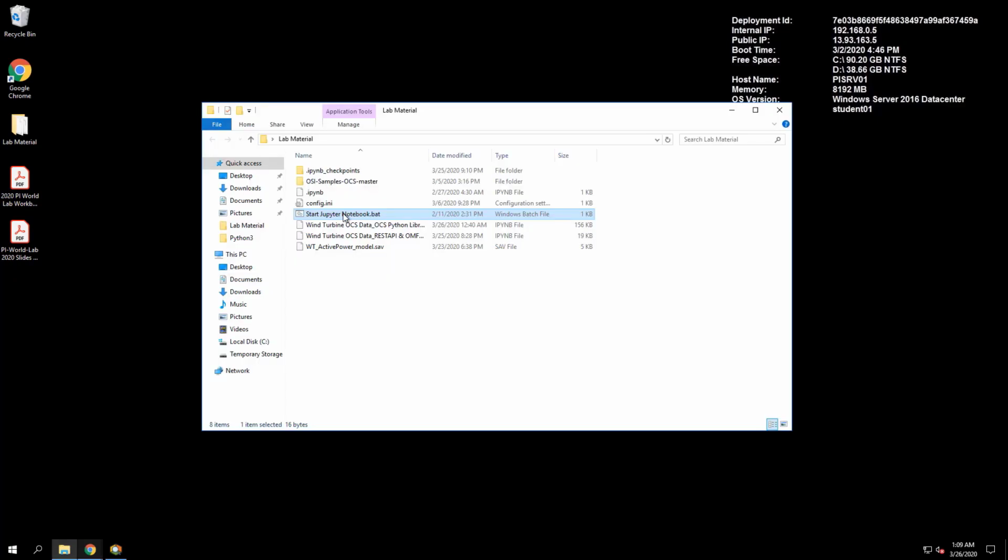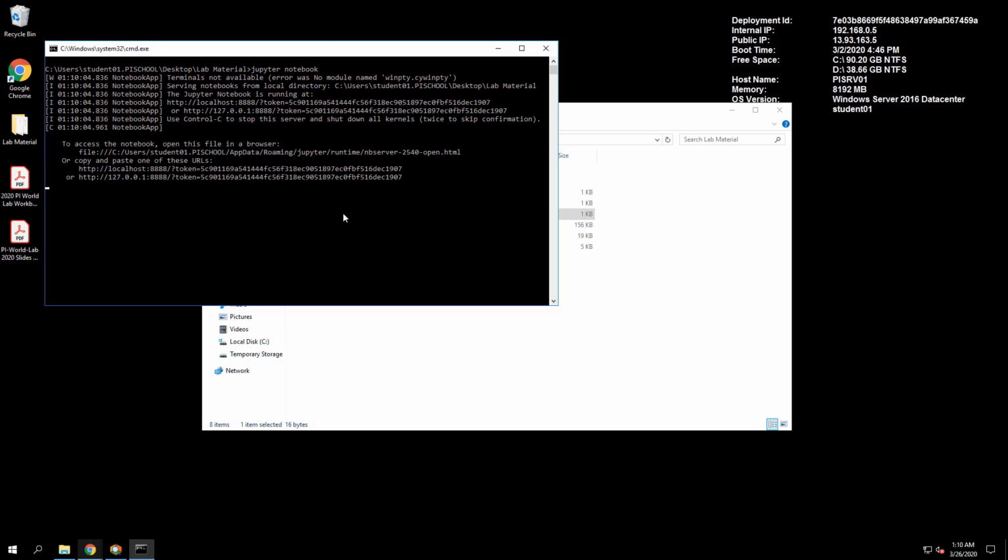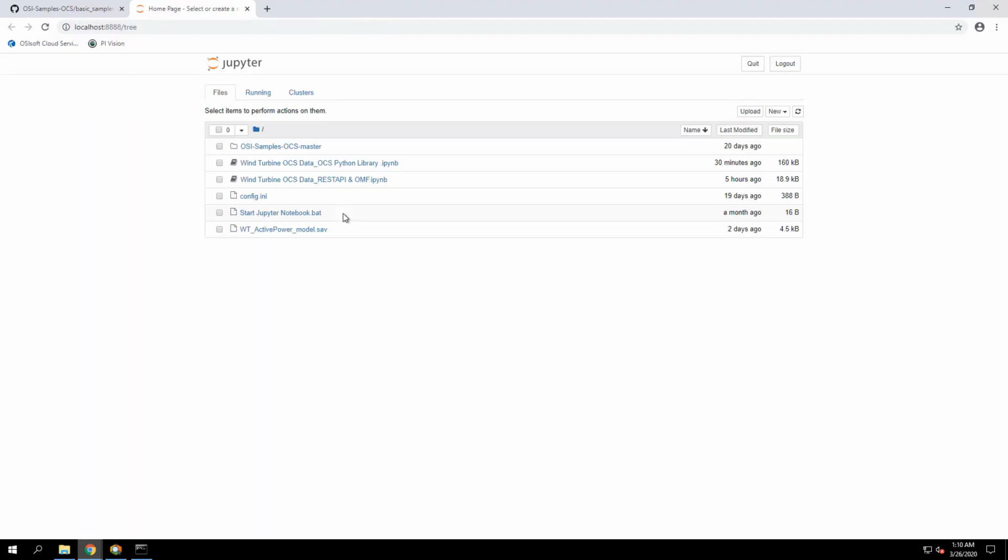We have two scripts in Jupyter Notebook. I'm going to go ahead and open Jupyter Notebook. We have two Python scripts. What we're going to work on in this lab is the script which uses the Python libraries we have on GitHub. But remember, you can always use the other script as a sample to work directly with the OCS API, as we've shown in the previous lesson.